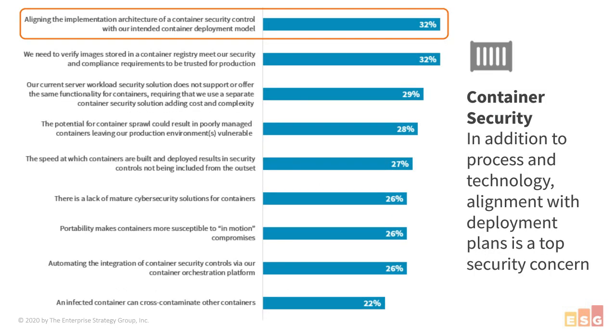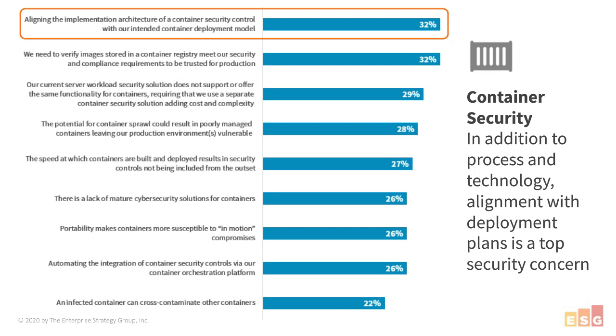What about containers? We actually also asked this question in the study we did a couple of years ago, but we didn't have this first response option then, and I'm glad we added this in because the hypothesis was that because application containers are portable, organizations are concerned about aligning the technical, architectural implementation of a container security control with how they're going to deploy their containers. So, for example, if you are standing up and managing your own kube cluster, you've got access to the host as well as the guest, and you can implement a host level control.